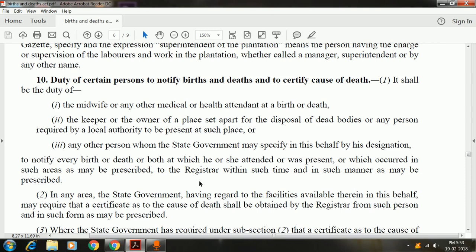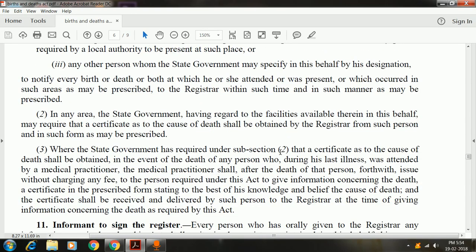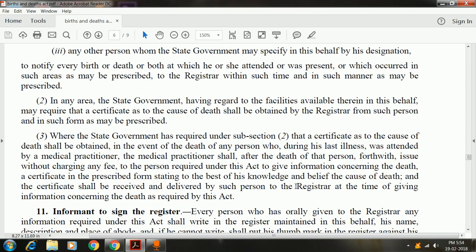But if the person dies of unnatural causes, then prosecution and investigation would have to be held, and the person who led to the death of that person will have to be tried. So for the purpose of investigation and for the purpose of collection of evidence, a doctor is required to certify the death of a person before the person can be cremated. So in many of the states, it is mandatory that a doctor's certificate is required as to how the